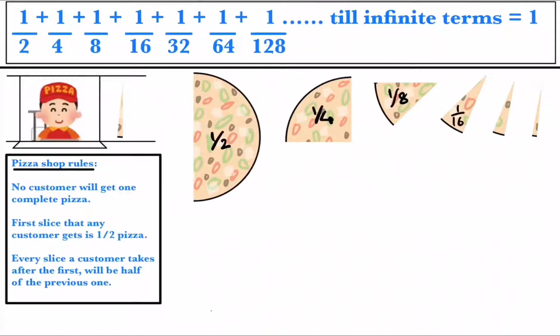There is a very common thought that pops up in our mind: when we add many infinite things, we will get something very large, something huge. And if we are adding infinite terms, then the result of the summation must be somewhere close to infinity. But don't worry, I have a visual proof for this.